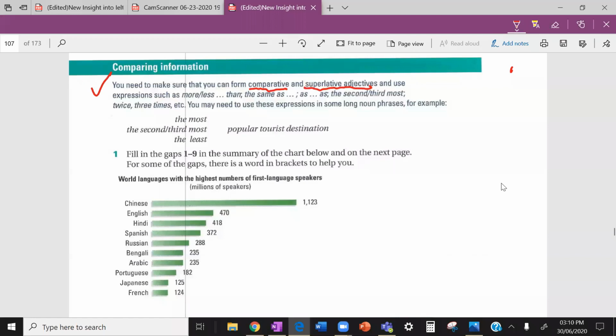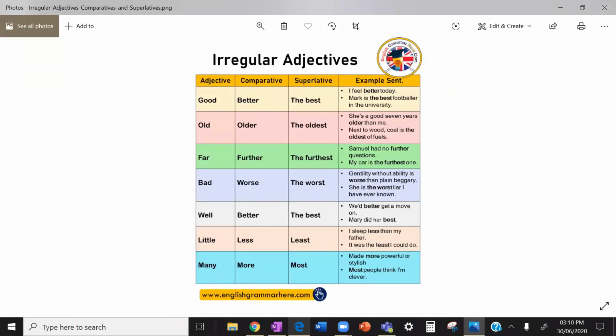So we will be working on using comparisons, because when you are dealing with these kind of figures, like bar chart, line graph, pie chart, or any kind of data, we make comparisons. Let me show you a picture here, which I just saw here. If you look at this one here,